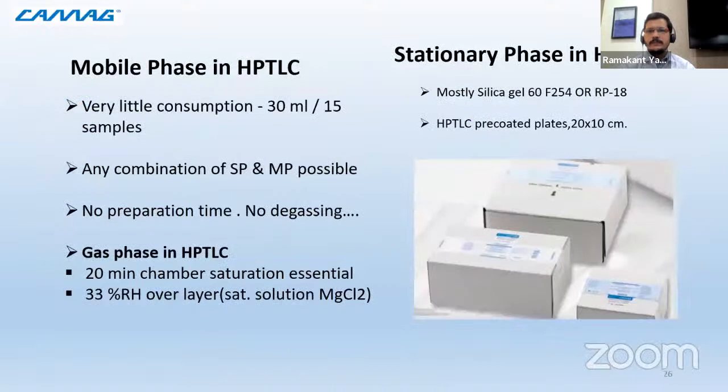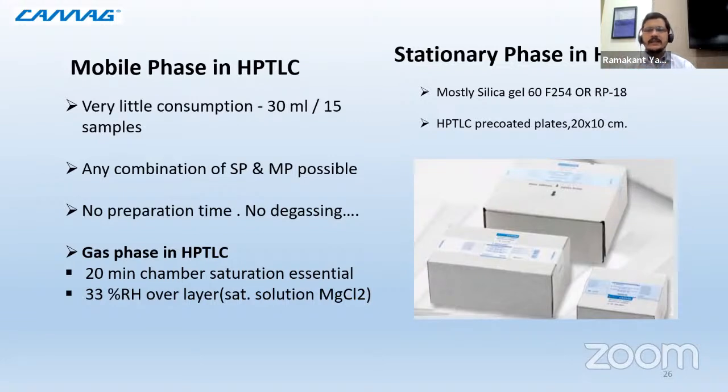Any type of mobile phase or stationary phase is compatible. Any type of plate, like reverse phase plate or normal phase plate, is compatible, and with that any mobile phase combination. So I saw that in most column chromatographic techniques, we need to select a suitable perfect column, or something which will be capable to handle any mobile phase.